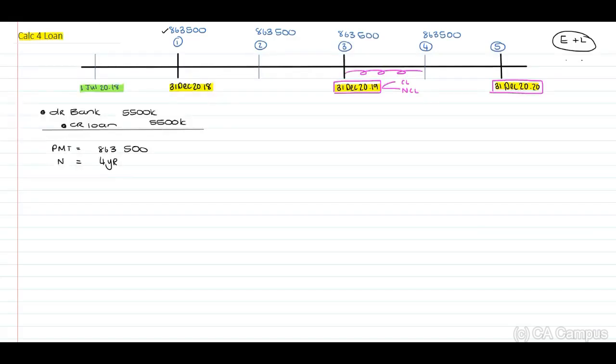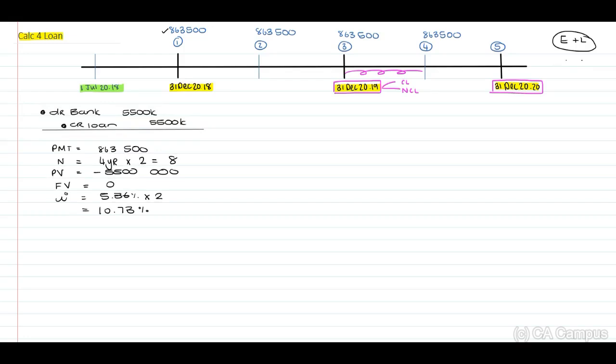Therefore, 4 times 2, and this will be 8. Right. And then our present value will be the 5.5 million that they've received, and our future value will be 0. And we are able to identify that our interest will be 5.36 per payment, therefore times 2, and this will be